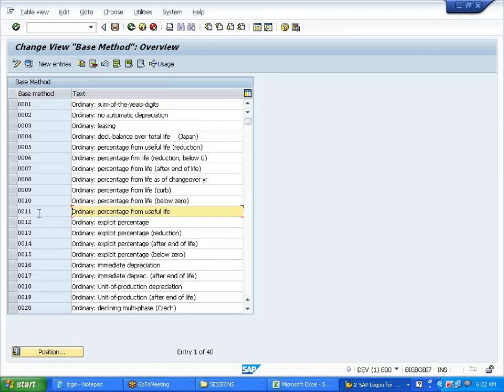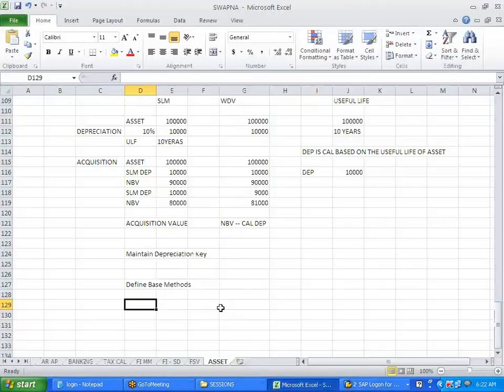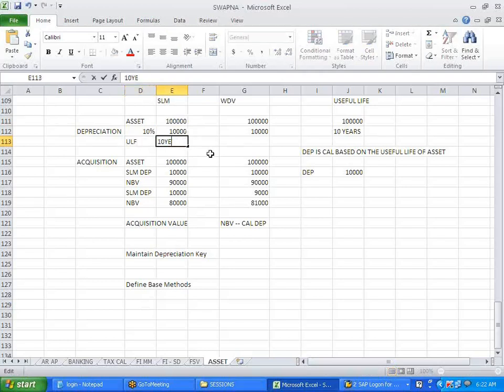So when does the value get nullified in the case of this asset? After the 10th year, right? The asset is for 10 years. After 10 years, what will happen? It will go into the minus, a negative sign, right? Yes.